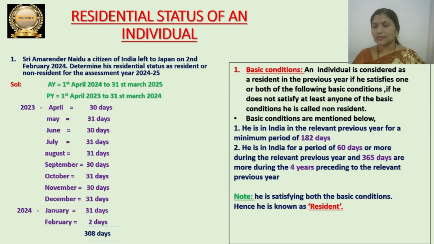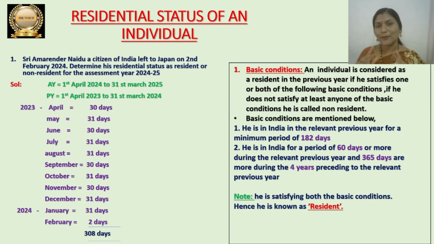Basic conditions: An individual is considered a resident in the previous year if he satisfies one or both of the following basic conditions. If he does not satisfy at least any one of the basic conditions, he is called a non-resident. So I told you just now, if we want to determine whether he is a resident or non-resident,